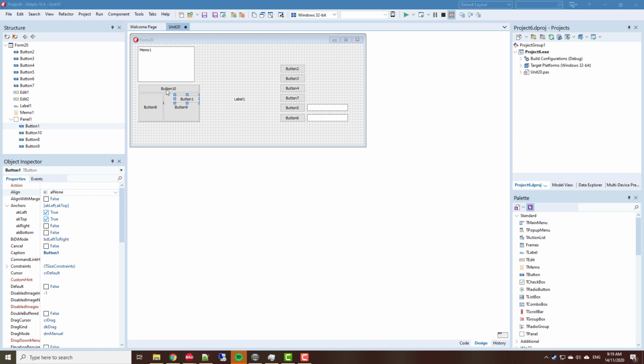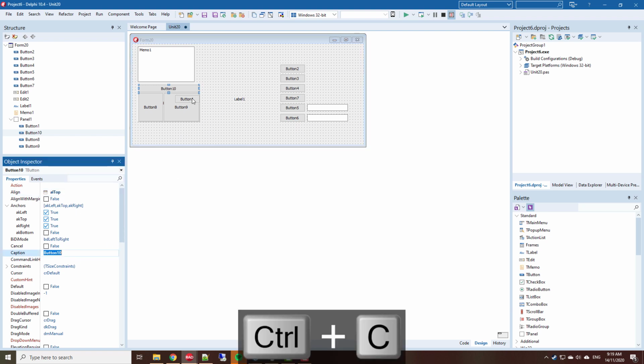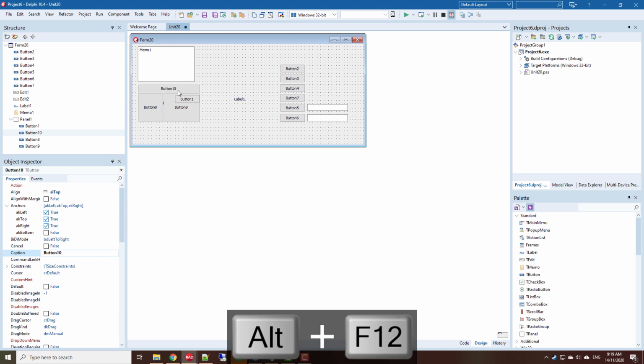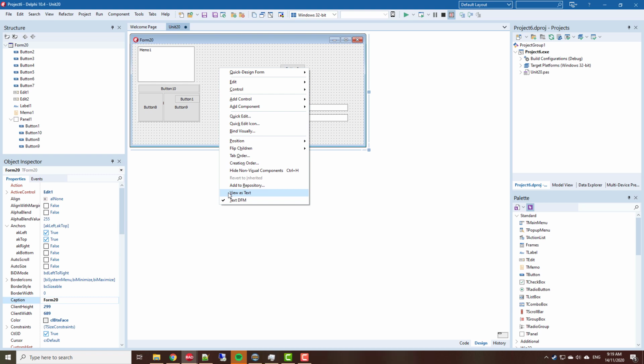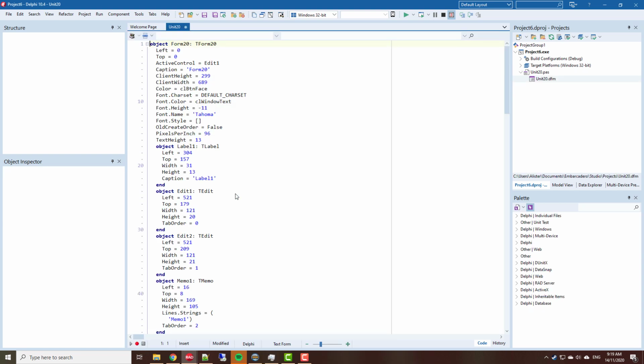Sometimes you might put the wrong control on a form, but only realize later, or you want to change the type of control. For instance, this TButton, let's say we actually wanted a speed button on the form. So this is Button10, so I'll just copy that to the clipboard. Normally I press Alt F12 to view the source, but that seems to have become broken in Delphi 10.4, but we can right click and go View as Text